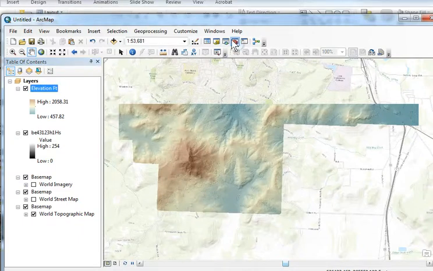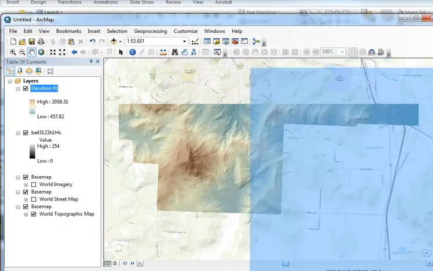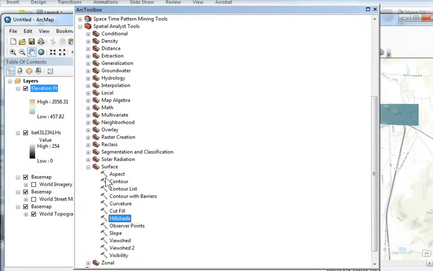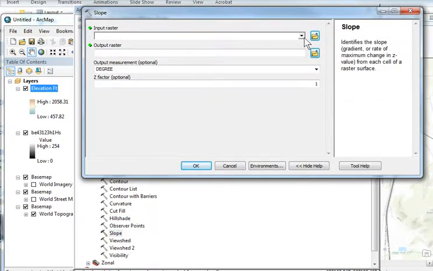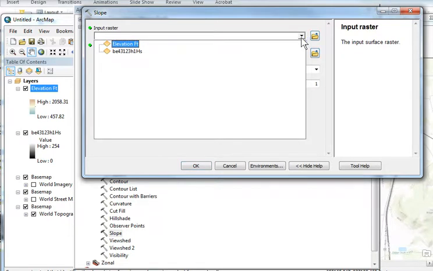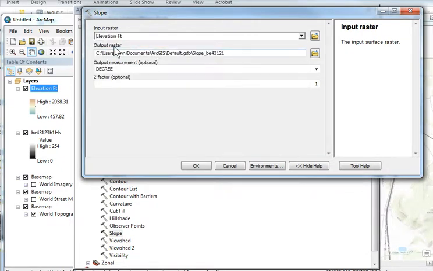I'm going to go back to my toolbox, and in my surface tools, I could create contour intervals. I could also create a slope or aspect. So let's just do a slope real quick. And now I have two rasters, but the only one that's going to give me an accurate slope is this elevation. The hillshade will create a slope based on